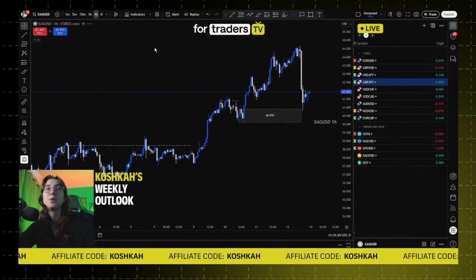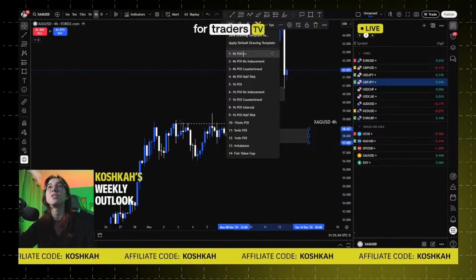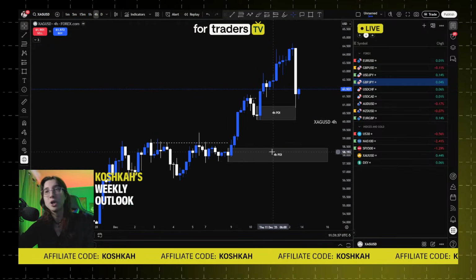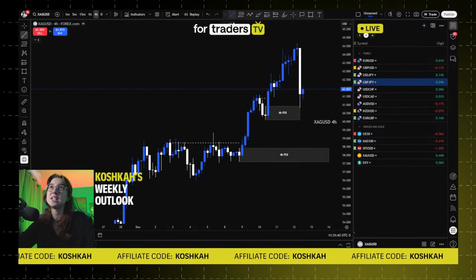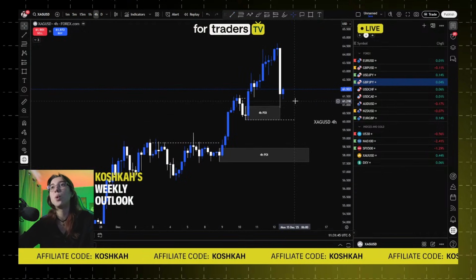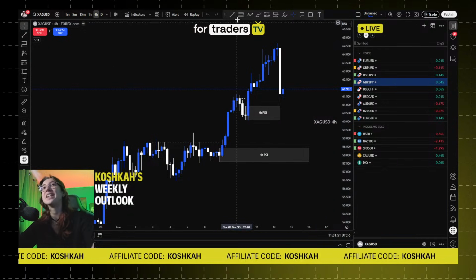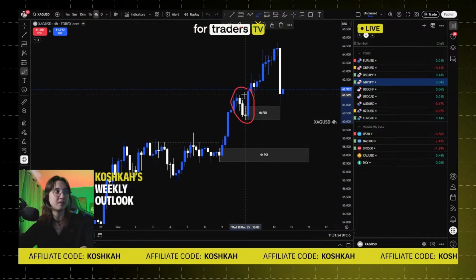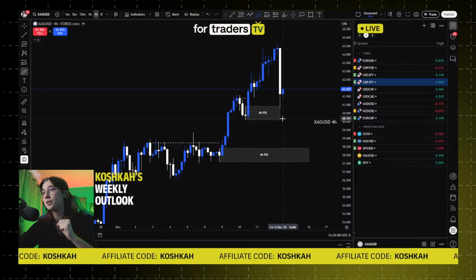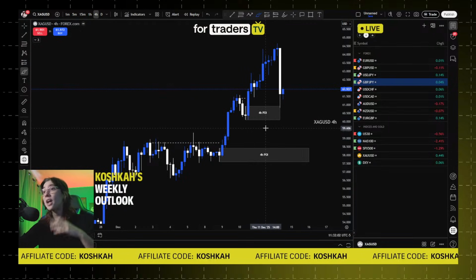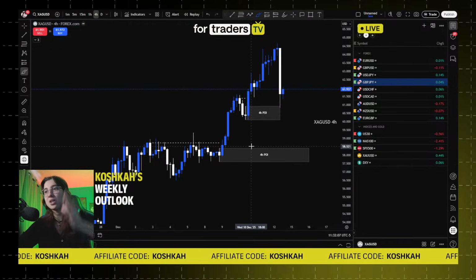Except for that, we can see in the previous range we have as well a 4-hour point of interest there. For me, this one looks better because this POI on the 4-hour has liquidity. As you can see exactly right here, this POI on the 4-hour is really, really aggressive. Why? It's because this range is really, really aggressive. If you want to tell the difference between a good POI and a bad POI, look at the structure. As you can see exactly right here, the structure is really, really aggressive.